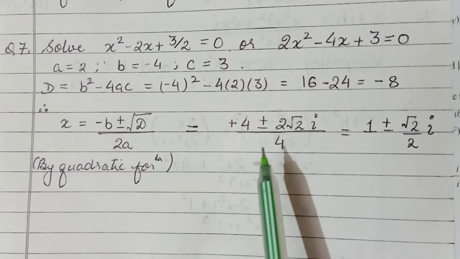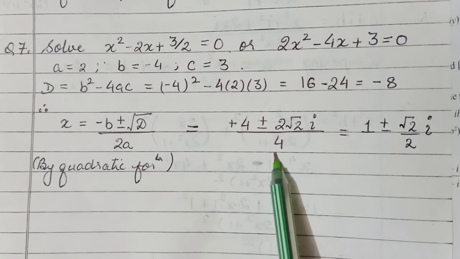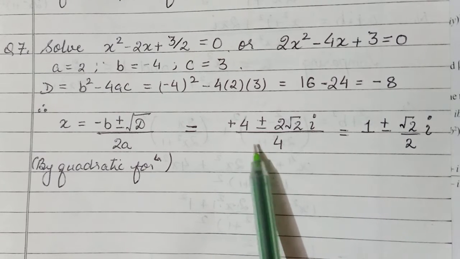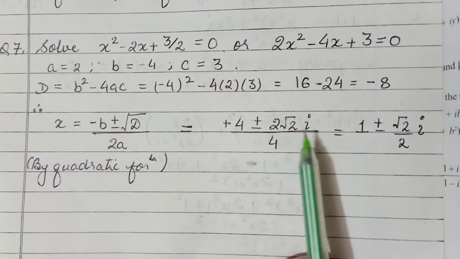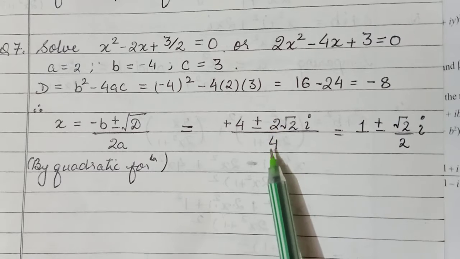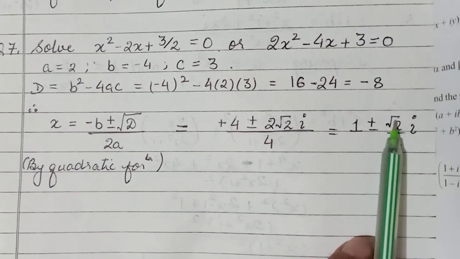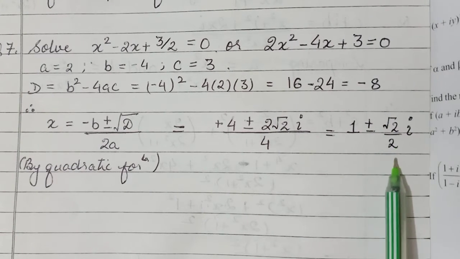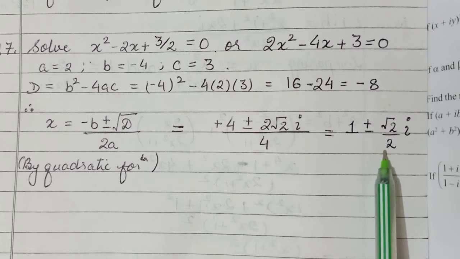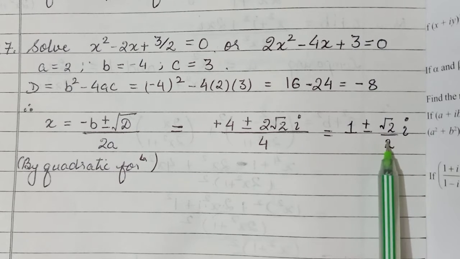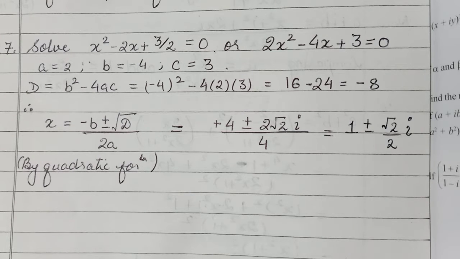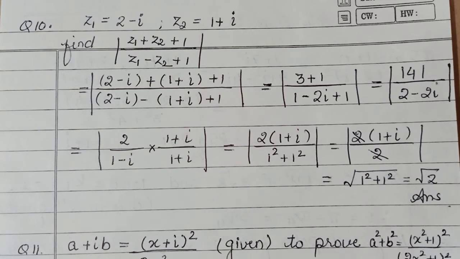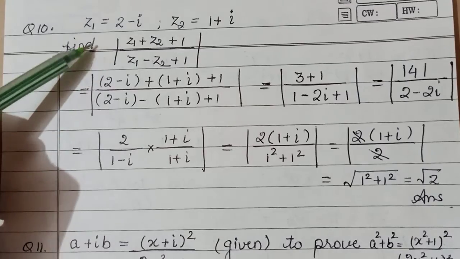Right. And upon 2a, a was 2. So here, separating the denominator now, 4 and 4 get cancelled. So the real part, that is your 1 plus minus 2, would cancel this 4. You can leave it as root 2 here, but we usually do not leave a root sign in the denominator. So we'll write it like this. That's the better way, root 2 upon 2i. That is your solution.